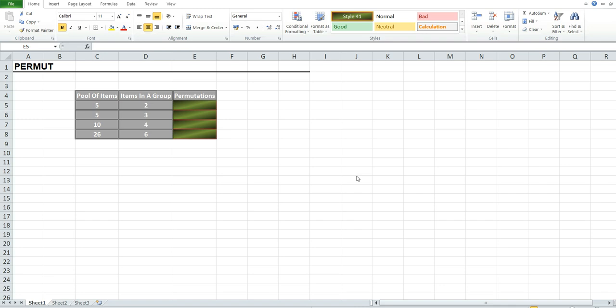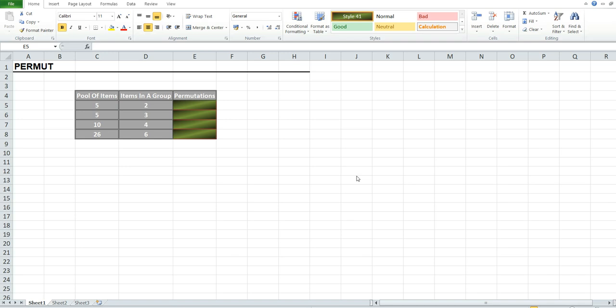So what does it do? This function calculates the maximum number of permutations given a fixed number of items. The internal order is significant, so AB and BA will be considered as two possible permutations. It could be used to calculate the possible number of 4-digit passwords from the digits 0 to 9.